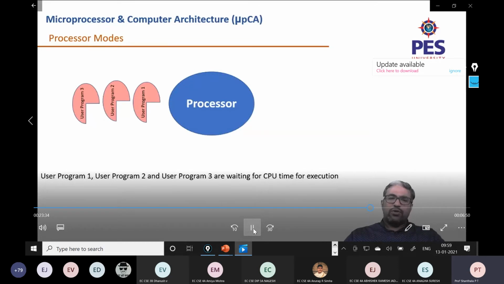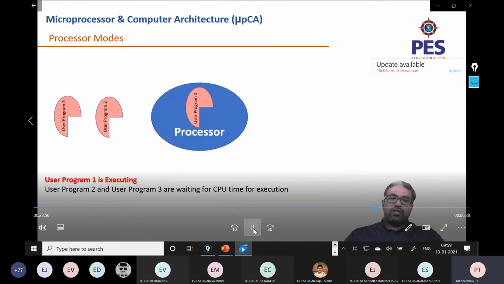Just to summarize the process, whatever I told about context switching: I have a processor and I have three user programs in line for execution. This is called the queue. I have three programs in the queue for execution, which are waiting for CPU time. When program 1 goes for execution, programs 2 and 3 will be waiting for program 1 to complete, or